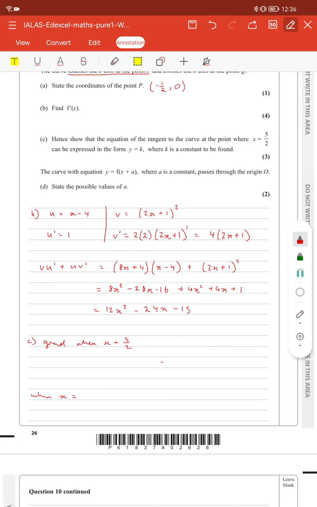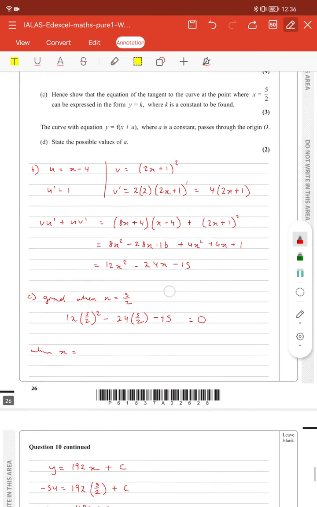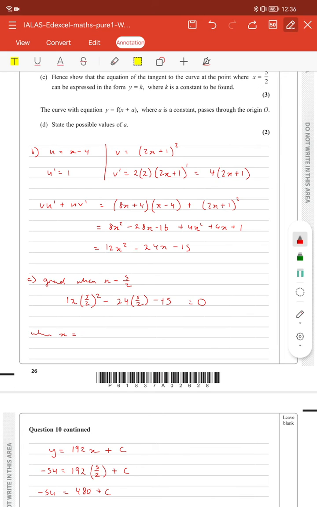So the gradient would then be 12 times 5 over 2 minus 24 times 5 over 2 minus 15. So our gradient would be 0, and when x equals 5 over 2,